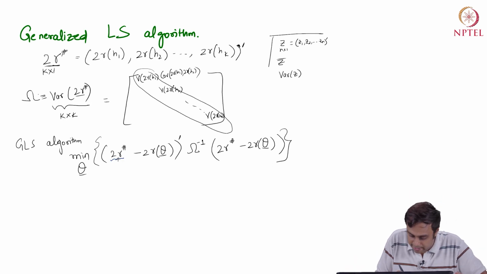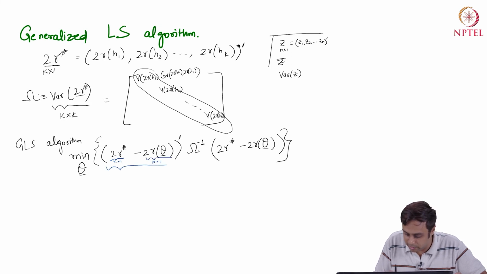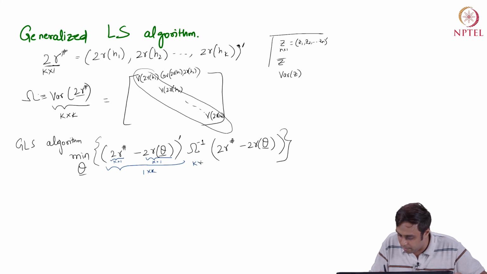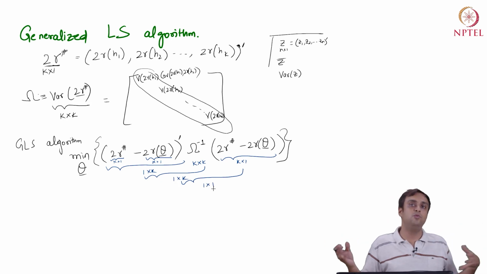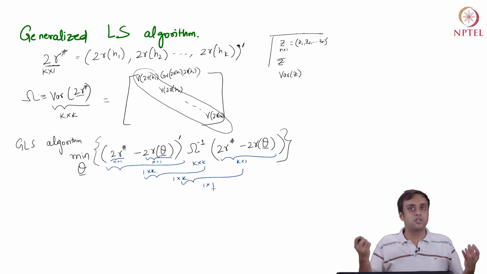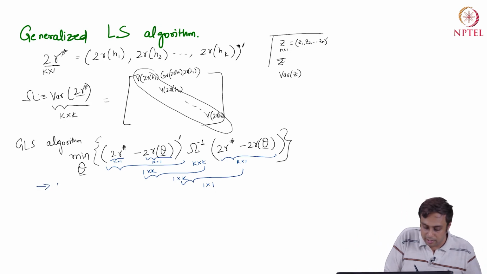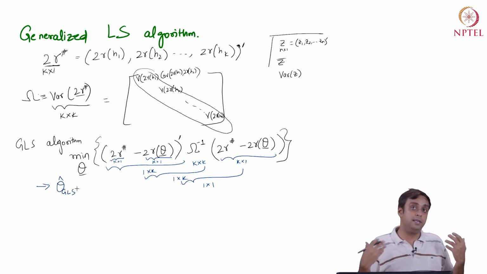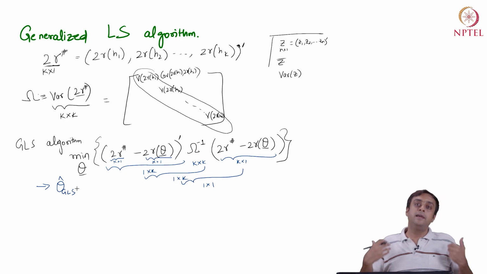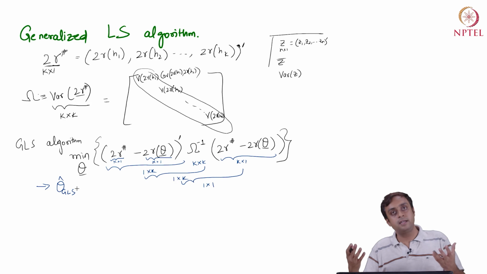2 gamma by itself is k by 1, 2 gamma theta is going to be k by 1, the whole thing transposed is going to be 1 by k, sigma inverse is k by k, and this is just k by 1. The first two together are 1 by k, and that multiplied by the last matrix is going to give me 1 by 1. So, I am really minimizing a scalar value with respect to theta. I will write my first order conditions, but this will yield theta hat GLS and not just LS. It is a generalized least squares estimate. It is more robust and it is a consistent estimator.